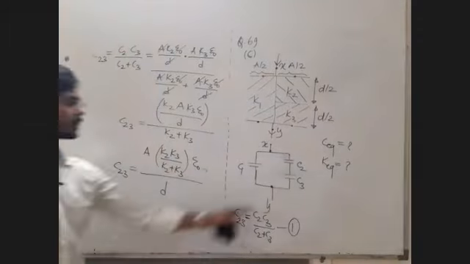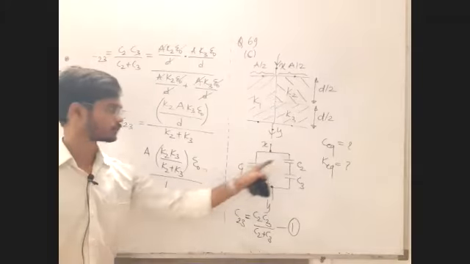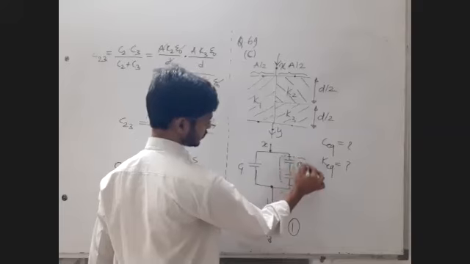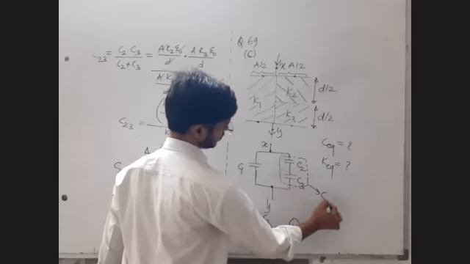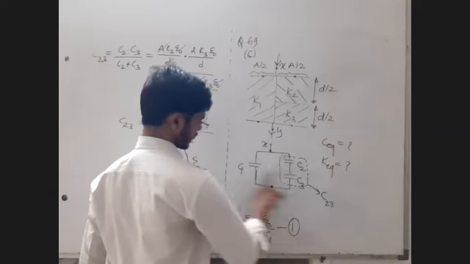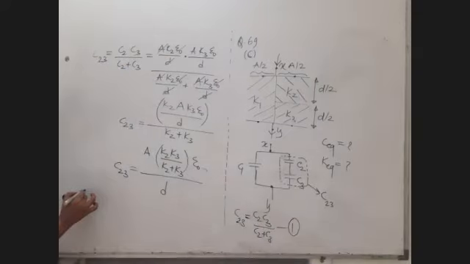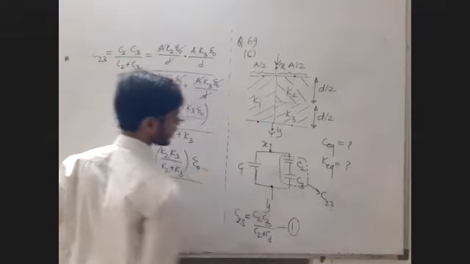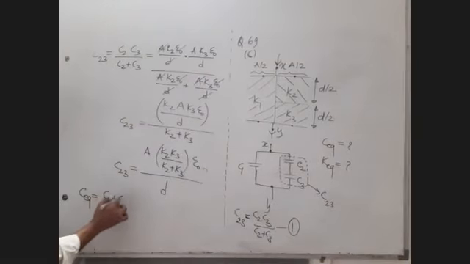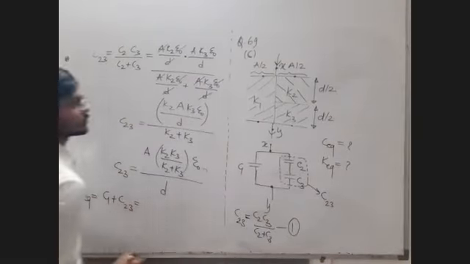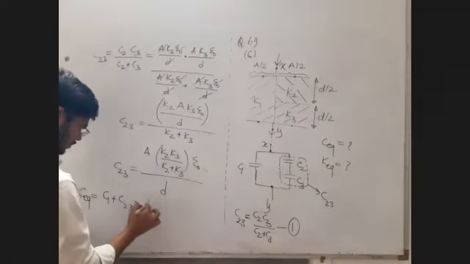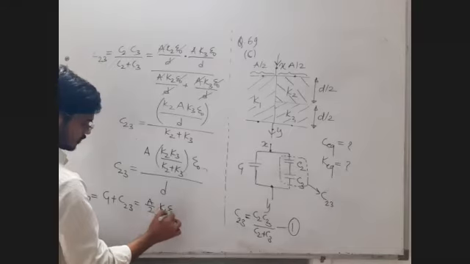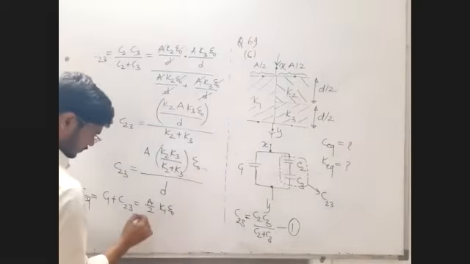Okay. Now to that capacitor, C1 is in parallel. The effective capacity of this we called C23. Now this C23 and C1 are in parallel. So the equivalent capacity of my circuit: capacitors in parallel add, unlike resistances in series. What is C1? C1 is A1, meaning A by 2, K1 epsilon 0 upon D1, where D1 is D.